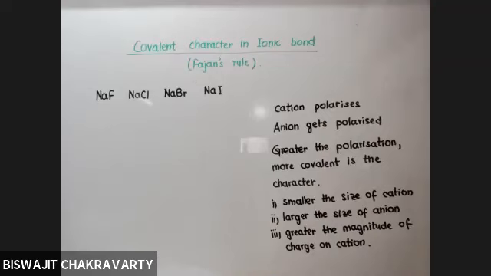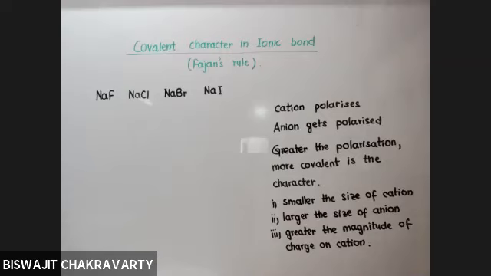Now tell me here, in all these compounds, who is the common ion? Sodium. So the ion which is common is of no use to us. The ions which are different are important to us. That means the anions are different. In the first one, the anion is F minus. In the second one, Cl minus. In the third one, Br minus. In the fourth one, I minus. Now, apply the Fajans rule and tell me, out of the four, who has highest covalent character?